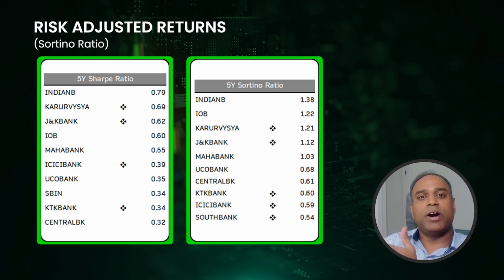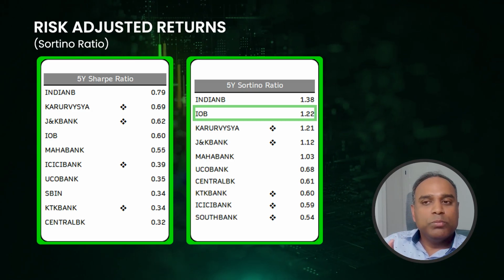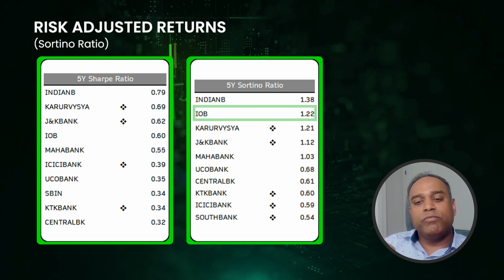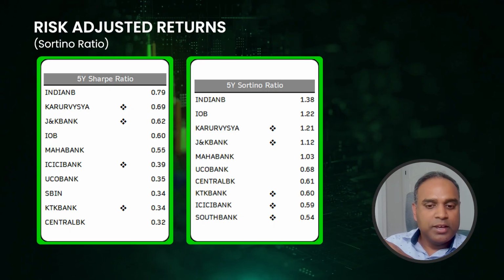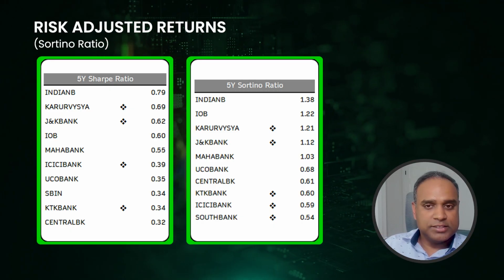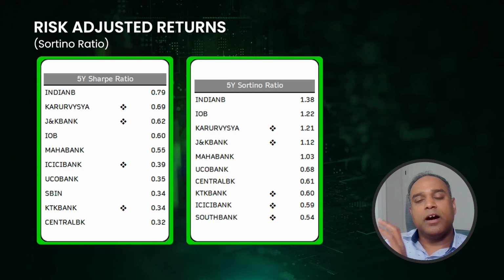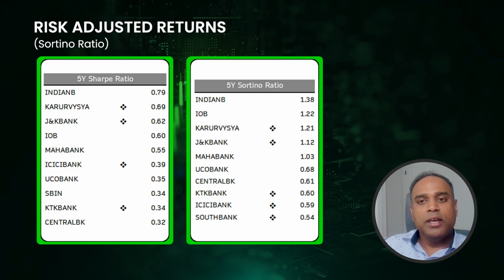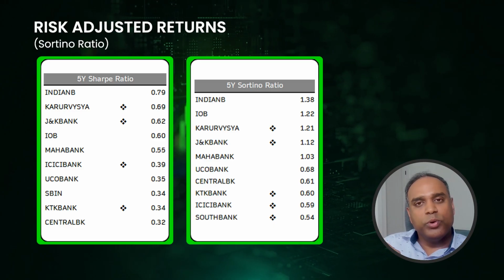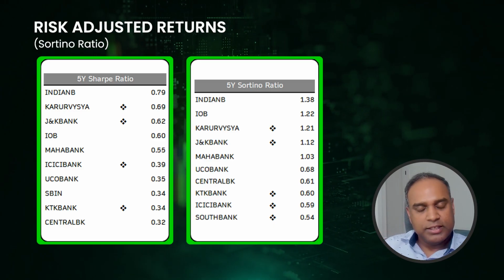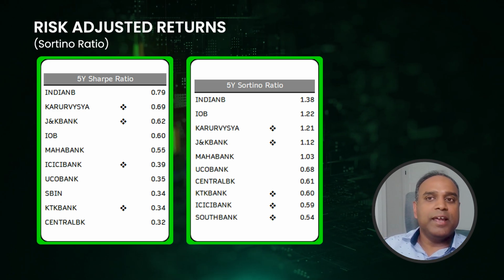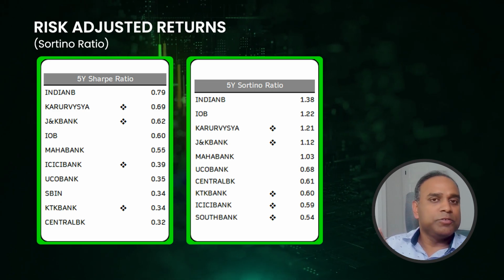picture there. It's far down, but IOB was able to move up because the fluctuation is more positive for Indian Overseas Bank. So I think this kind of illustrates where and how Sortino ratio plays a role. And if you want to only consider downward price movements as risk or volatility or fluctuation, then you should use Sortino ratio instead of Sharpe ratio.